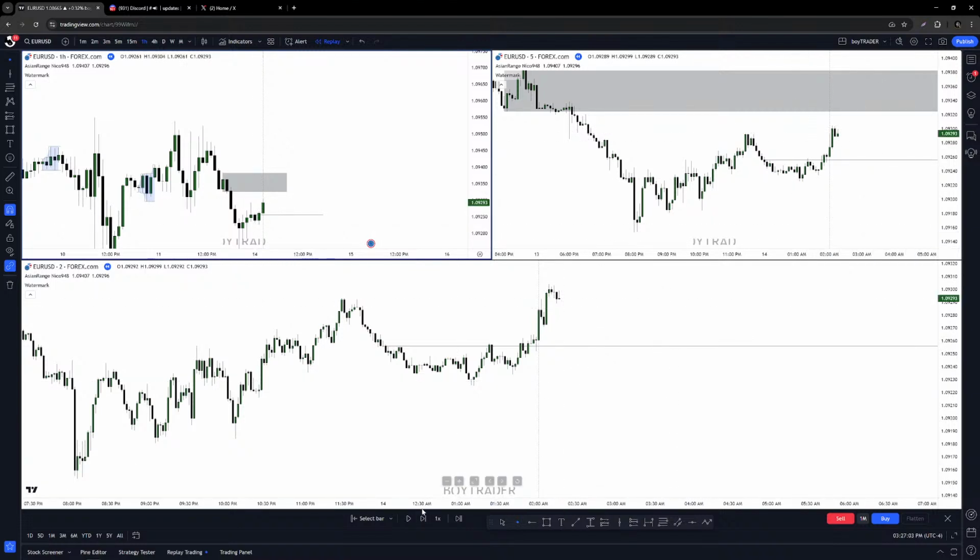So first of all, we have to wait for a buy side to be validated before we can expect a significant move to the downside. All right. So I'm just going to continue the